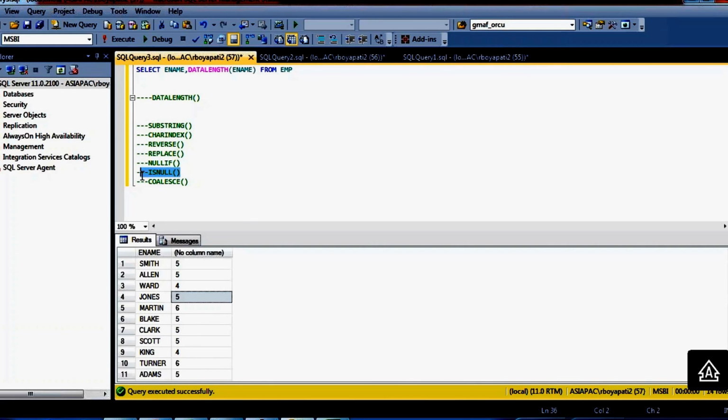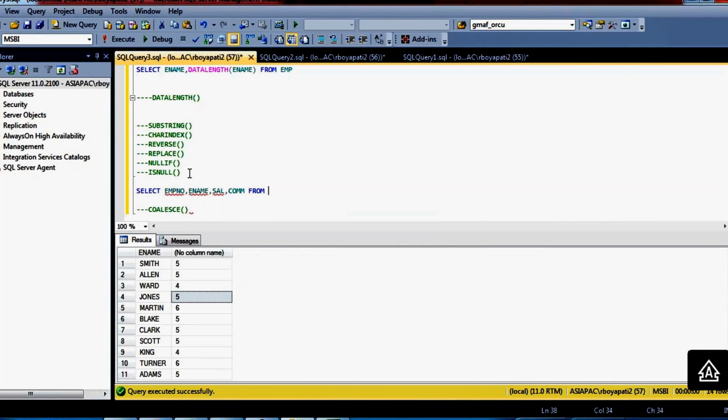So the next function we are going to discuss is the ISNULL function. What will the ISNULL function do? If you observe here, employee number, employee name, salary, and commission columns from EMP.